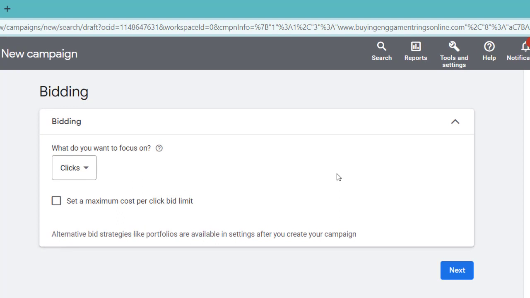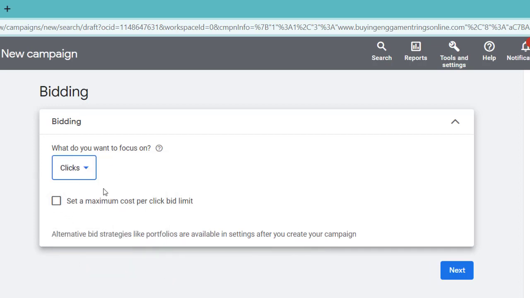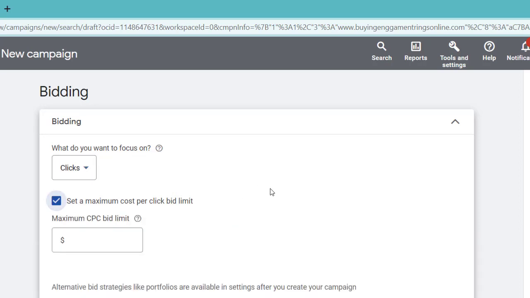Now let's look at bidding. Bidding: what do you want to focus on? This is clicks. Better we choose clicks and set a maximum cost per click bid limit. Those settings will define how much you are willing to pay for one click on your ads, and also your bidding strategy.